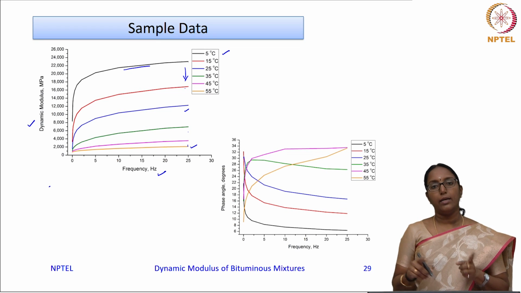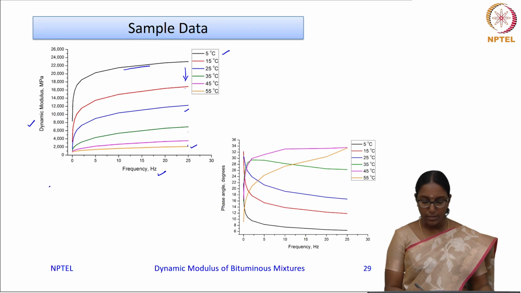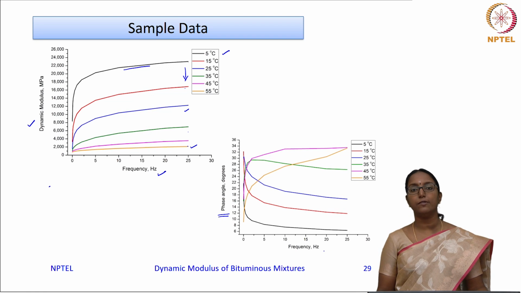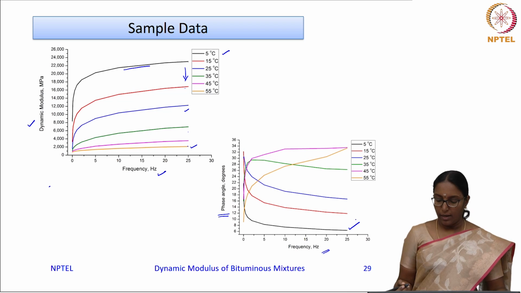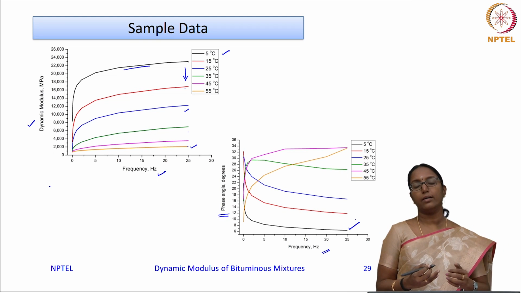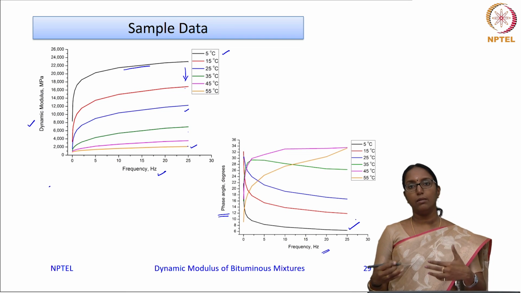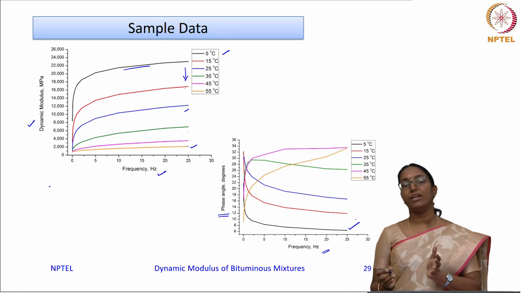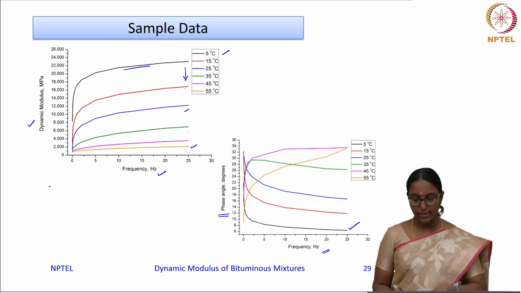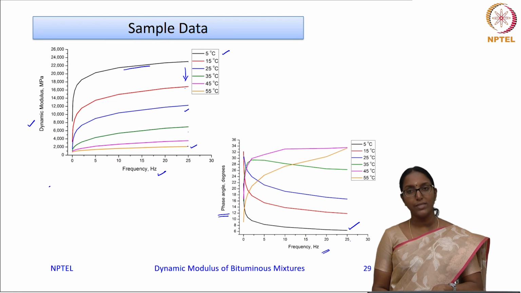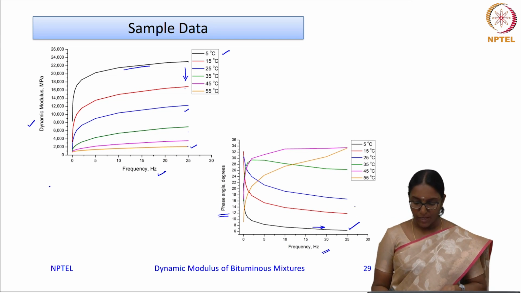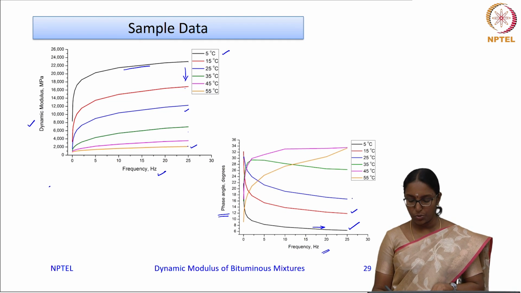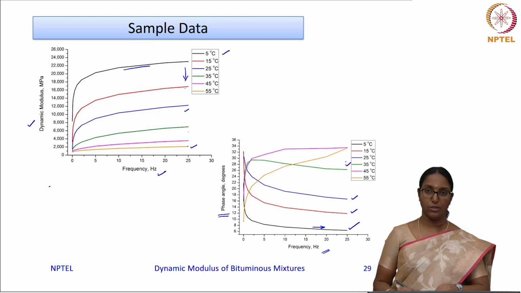Now, let us look at the phase angle data. Here you have the phase angle in degrees, and this is the frequency in Hertz provided for all the different temperatures. Say for example, the black colored one is the 5 degree data. As expected, as your frequency increases, the material behaves more like an elastic material, so the phase angle is going to decrease. At 5 degrees Celsius, as the frequency increases, you see that the phase angle is actually decreasing. Similar is the case with 15 degrees Celsius, 25 degrees Celsius as well as 35 degrees Celsius.